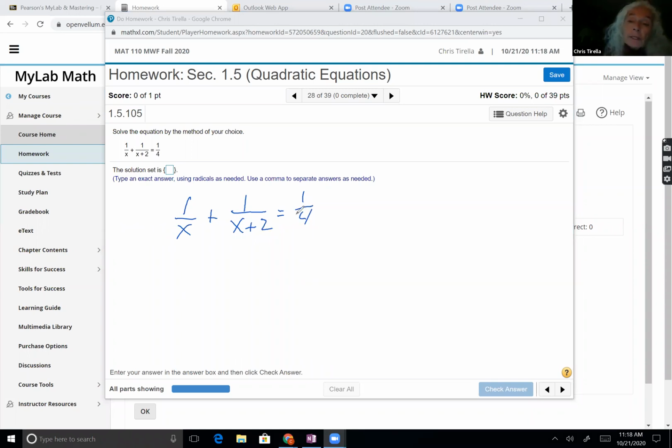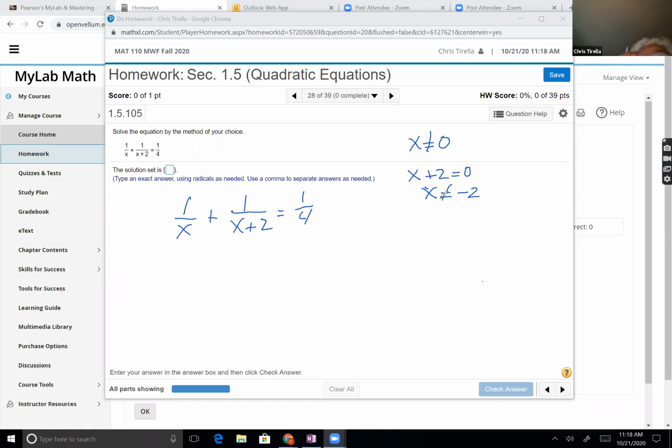Hey folks, this brings me to that last quiz. There was a question that I was surprised a lot of people didn't do real well on. With a question like this, because I've got variables in the denominator, I have to worry about where it's undefined. And I'm going to find those undefined places by setting the denominators equal to 0. I apologize, sometimes when I talk and write at the same time, my hand doesn't agree with me. The second denominator is x plus 2 equals, and when I set that denominator equal to 0, I get -2. So I know before I solve the problem that 0 and -2 cannot be answers.